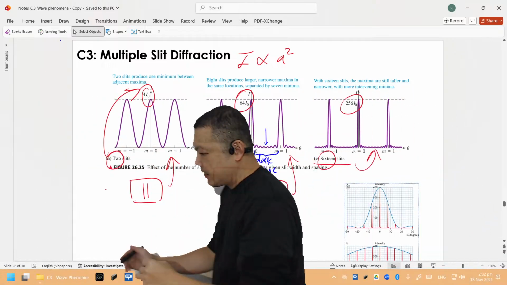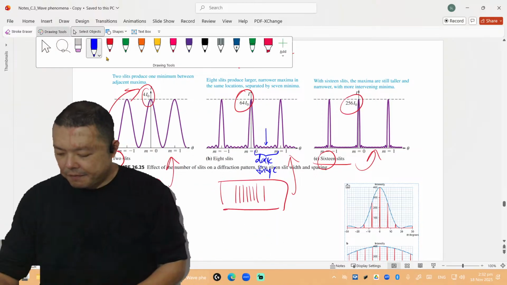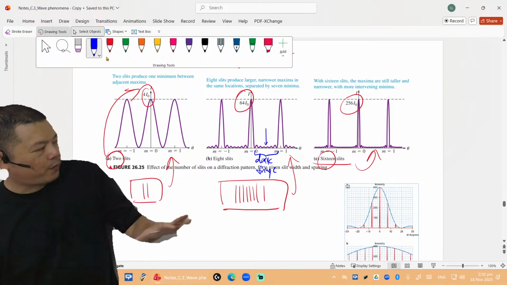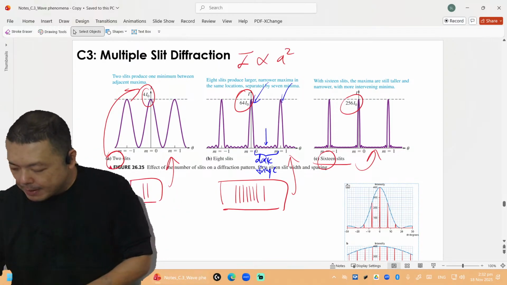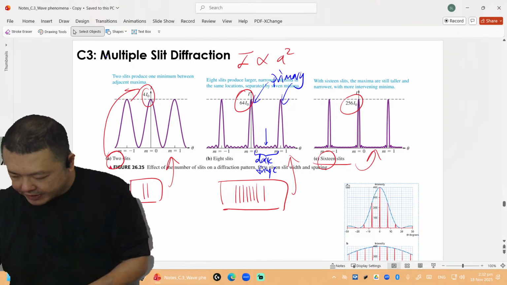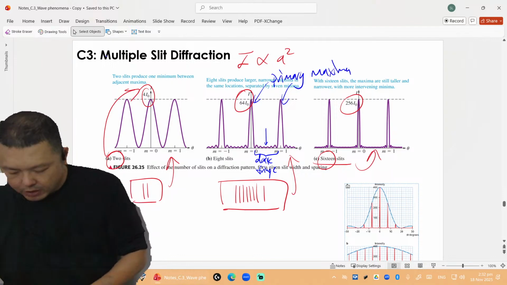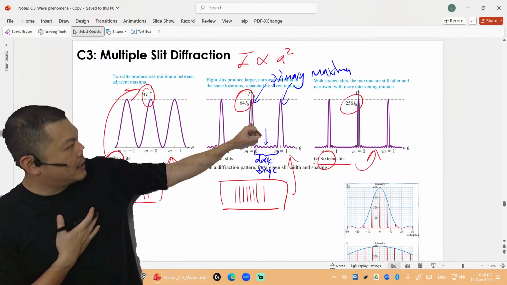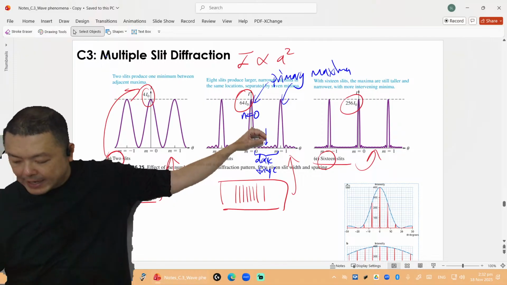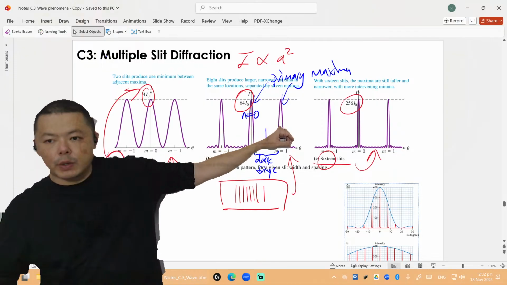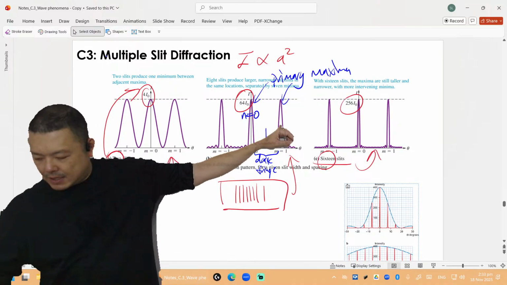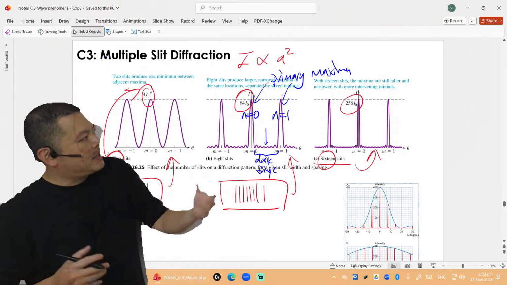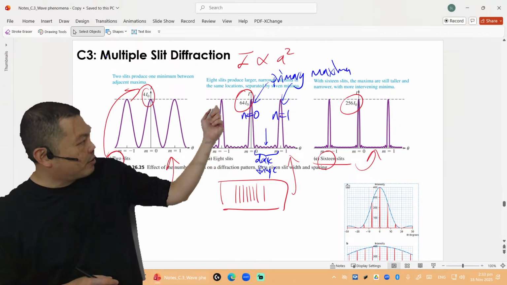However, let me just tell you something, okay? IB over the years, I think maybe 2 or 3 instances, slipped in this weird phrasing. They call these the primary maxima. I mean, in our language, what do we call the central one? We call it the central maxima, n equals 0. Then this one, we call it the first order maxima, n equals 1. Correct? But IB sometimes call these orders of maxima,